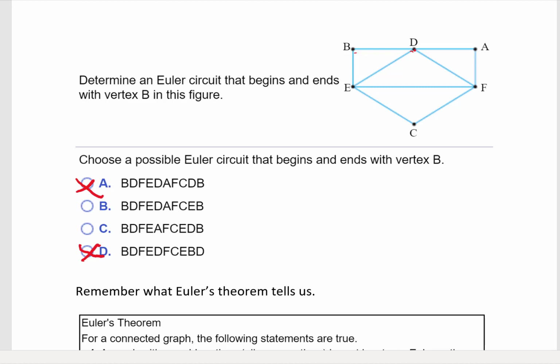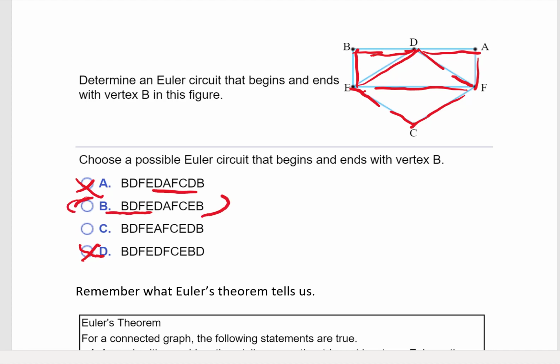And let's try the second one. Again, we're beginning at B, and we're going to go D, and then we're going to go to F, and then we're going to go to E, and then we're going to go to D and A, back to F, C, E, and B. And so this looks like the right answer, but before I decide that for sure,